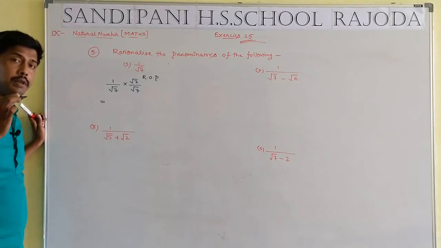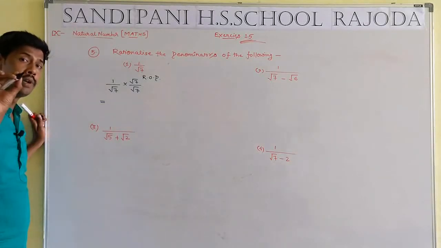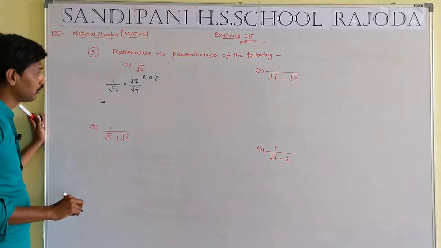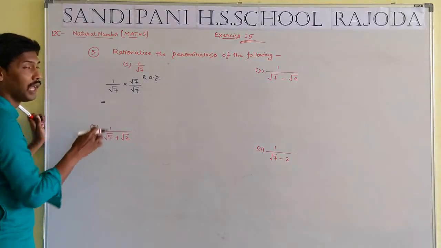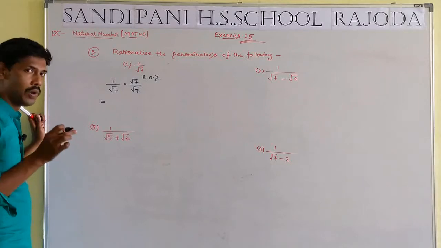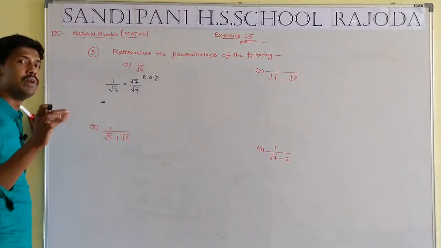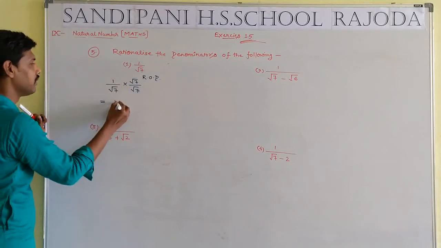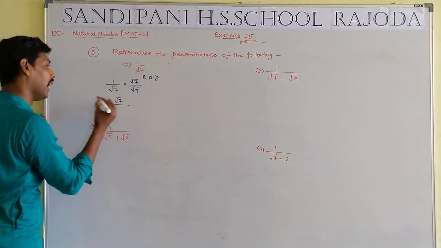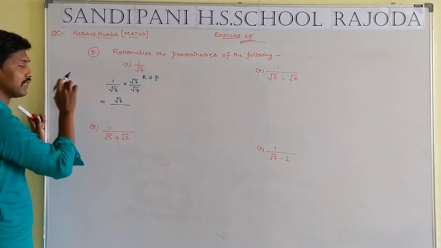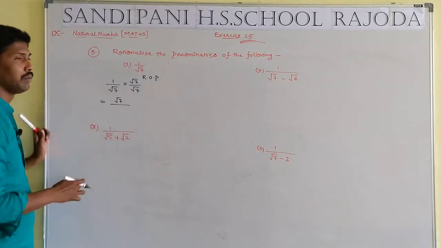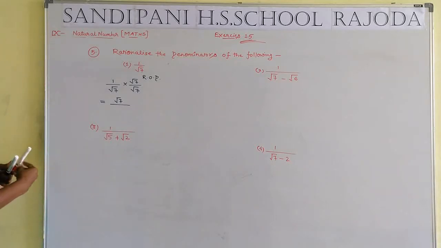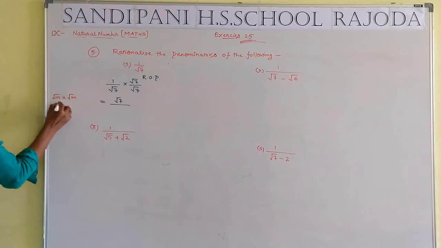Numerator will be multiplied by numerator and denominator will be multiplied by denominator, such that 1 multiplied by root 7. Quantity multiplied by 1 will be equal to the quantity, any type of quantity. So 1 into root 7 will be equal to root 7, and downward as a denominator, root 7 multiplied by root 7.